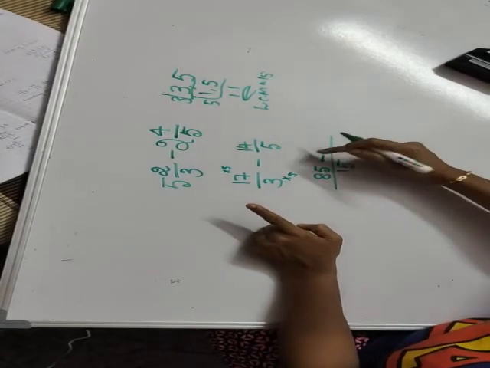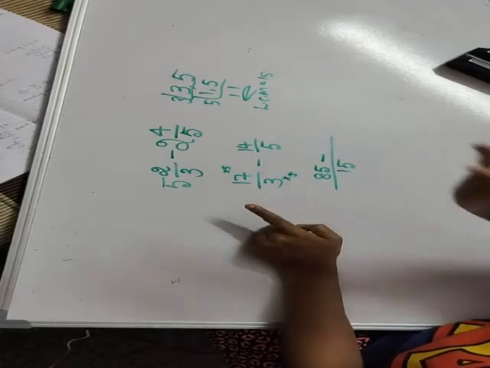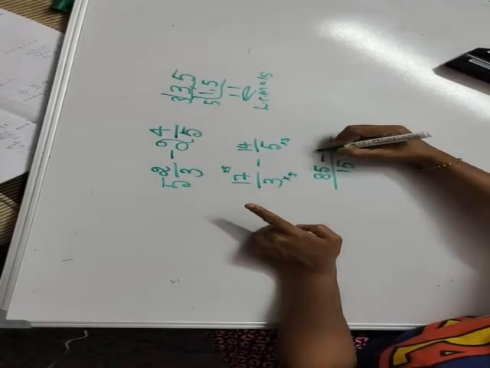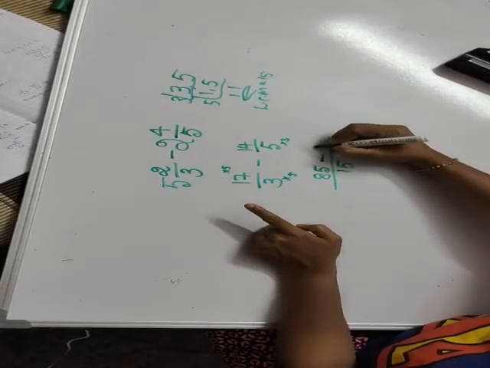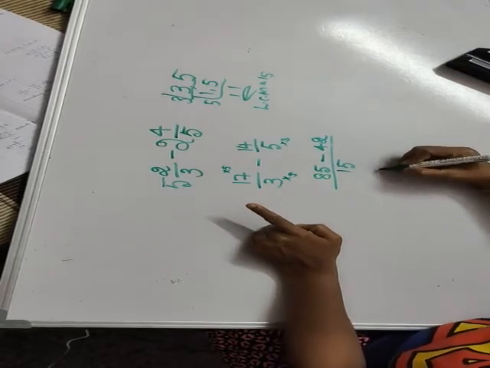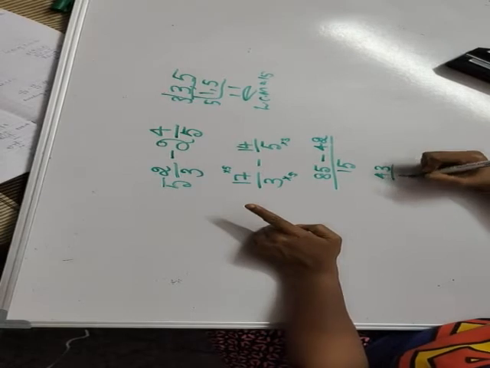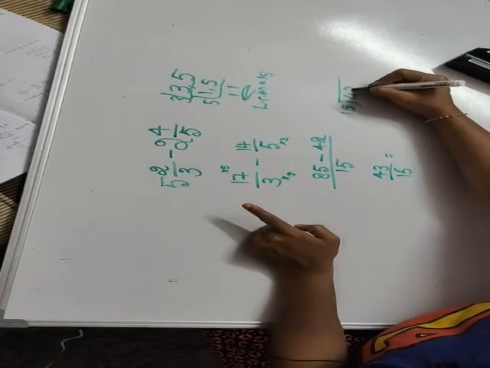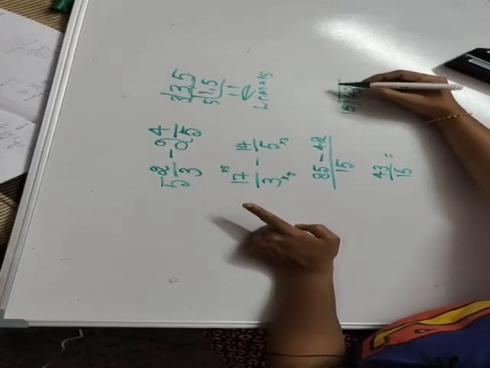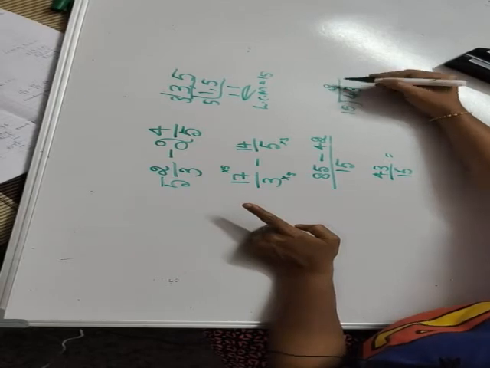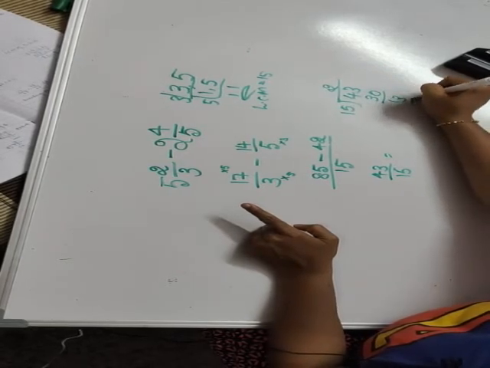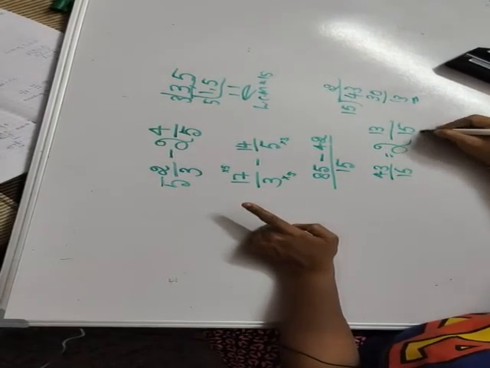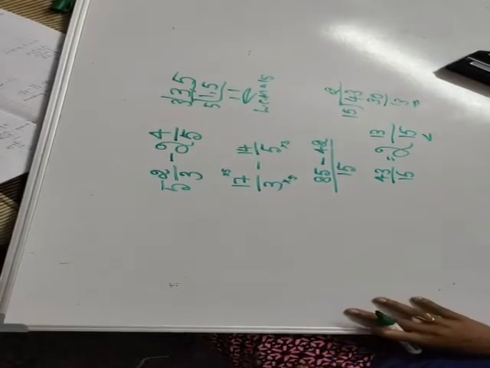5 how much are 15? Don't write now 5 here or 14 here directly. Convert and write: 5 3s are 15, so 14 3s are how much? 14 3s are 42. Now subtract: 43 divided by 15. Okay, now if you want, you divide. Want means you have to convert. 15 2s are 30. What remains? 13 remains. So 2 is the whole number, 13 is in the fraction. Okay, understood? I think you understood.